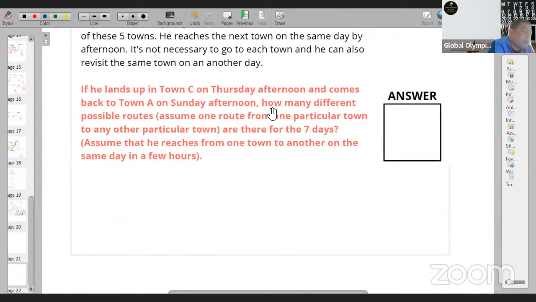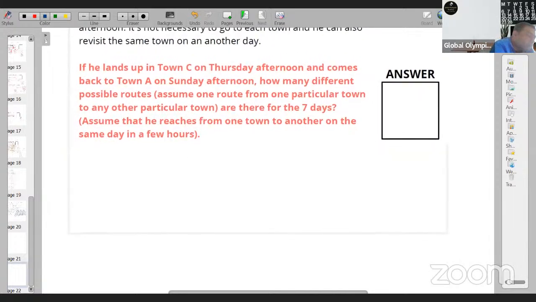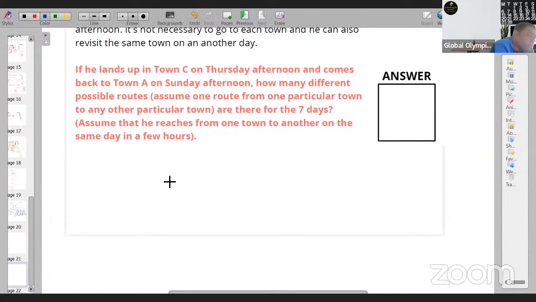So let me explain to you how this problem is classically called the passing the ball problem, and how many ways a ball can be passed. Here the tourist is being passed from one town to another town. So how many towns do we have? Let's write it down: A, B, C, D,